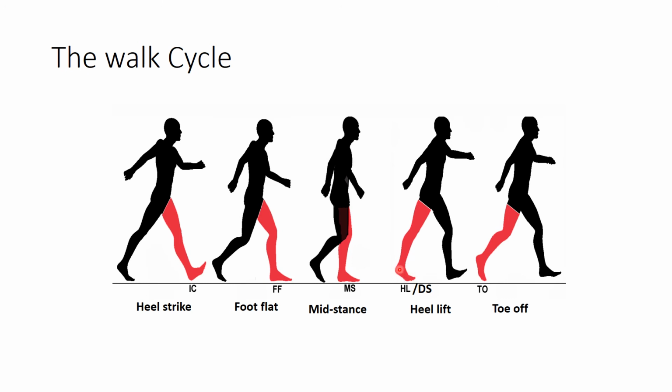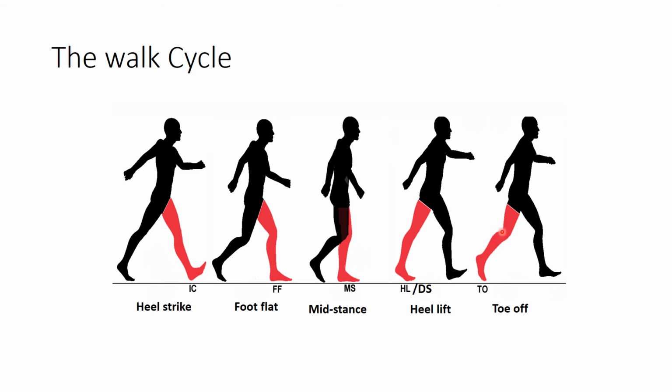So in case of the heel lift, the heel is off the ground and only the portion of the toe is on the ground, and in this condition the other foot makes contact with the ground. So this is also known as double stance. So heel lift and double stance is this. Then in this case, the foot is behind and the body is coming forward, moving towards the other foot.